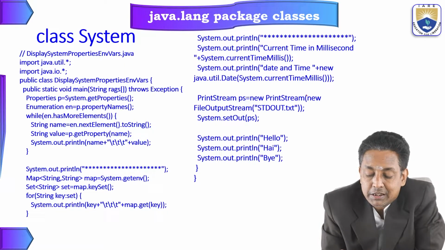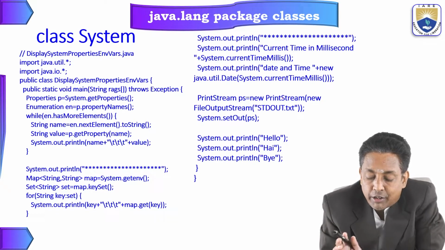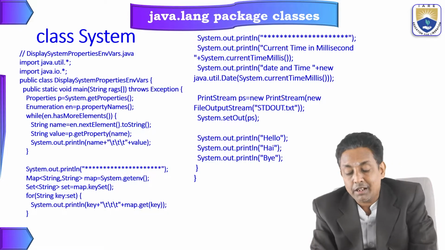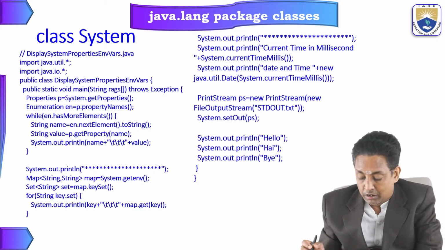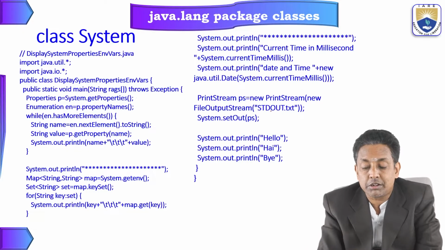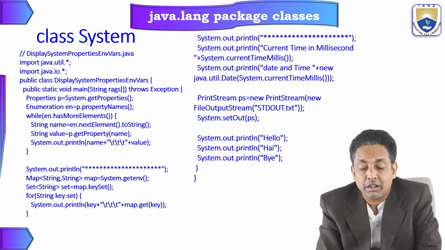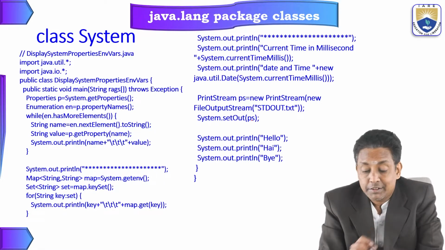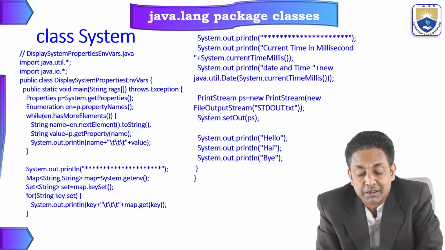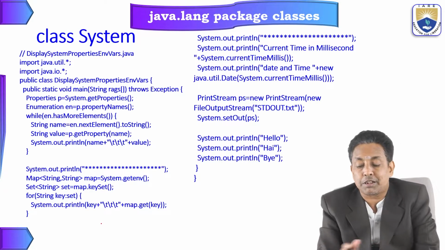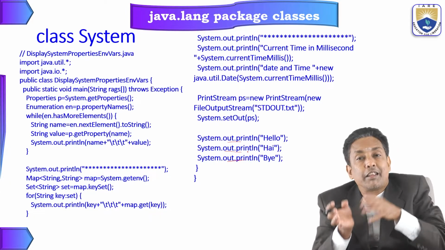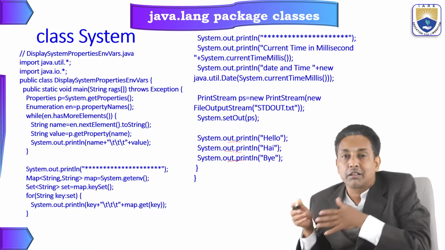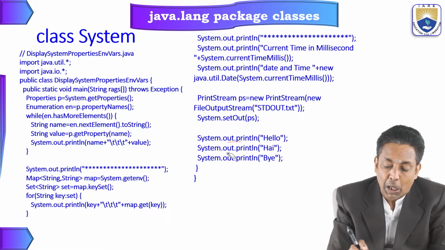PrintStream ps = new PrintStream(new FileOutputStream(standard output)). Now System.out points to the PrintStream and FileOutputStream. System.setOut(ps). So the System class now points to the PrintStream, which points to the FileOutputStream. Now through System.out.println, if you write anything, that output, instead of going to a monitor, goes to a file. The file named